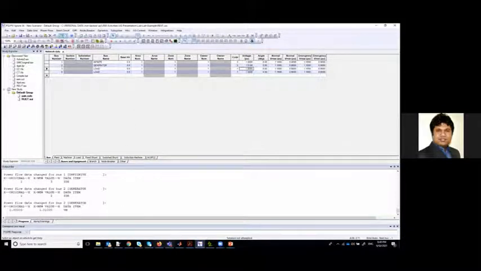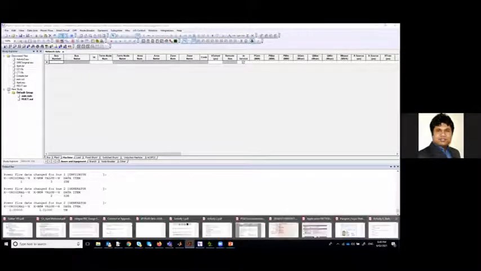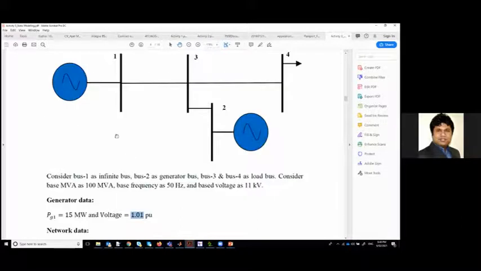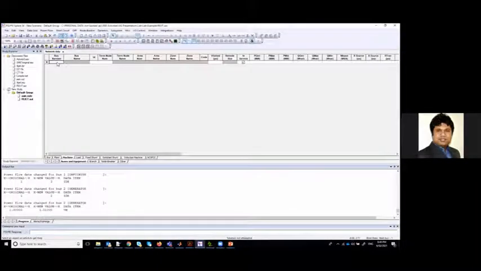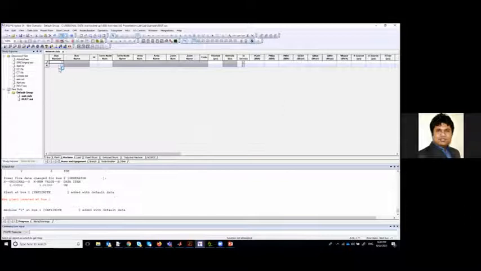Now we need to go to the machine tab. After this bus tab, we need to go to the machine tab. And as I said, there are two machines, two generators. Though one of these is the infinite bus, if you look, there are two generators, one at bus 1 and another one at bus 2. That means let's create that machine. See, a new plant is created at bus 1 and another one will be